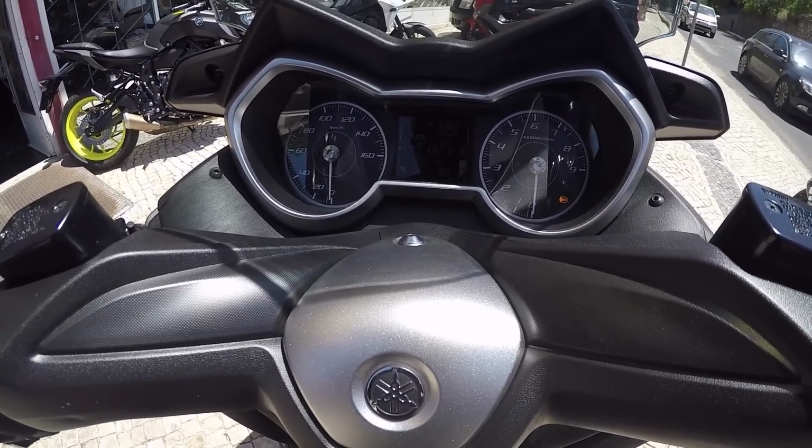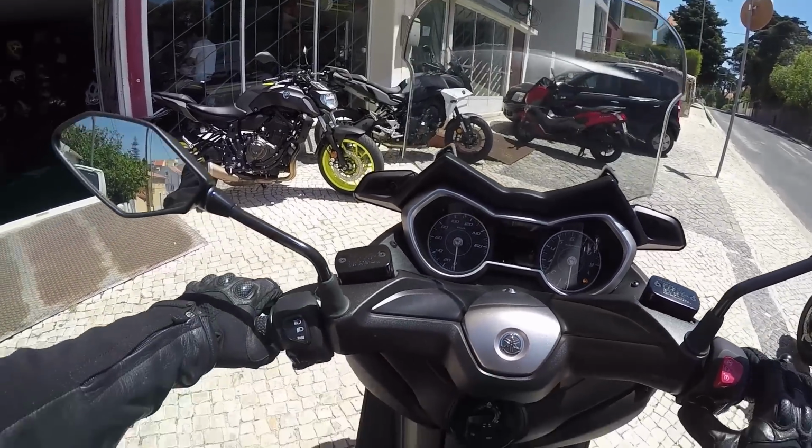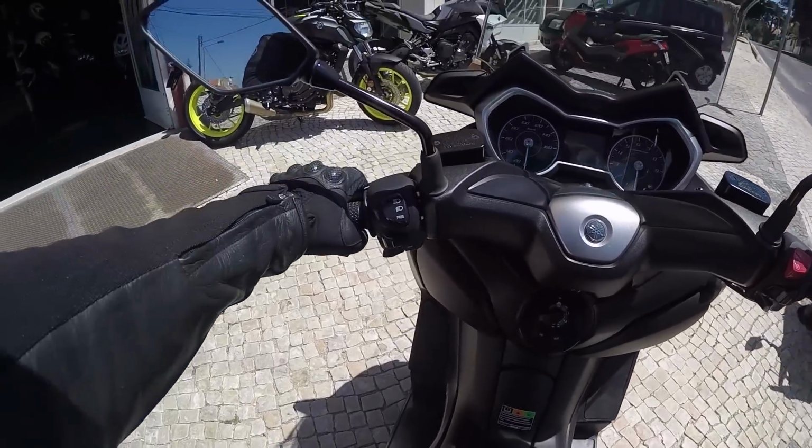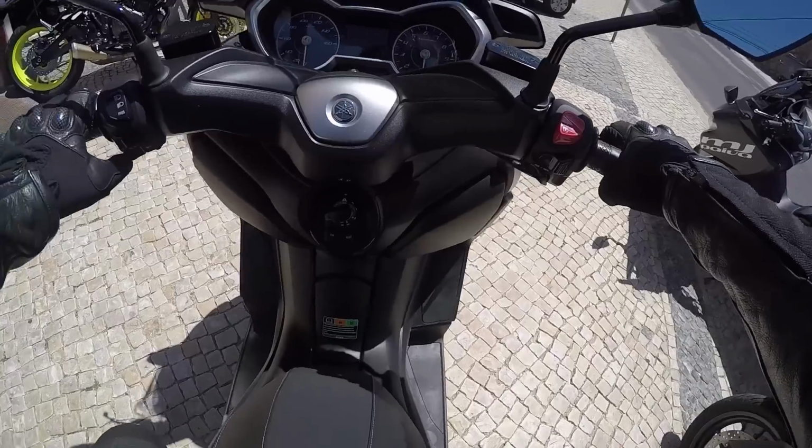Average speed, air temp, battery 12.5 volts, TCS. Oh, it's got traction control, cool. Okay, this is trip info. How do I change this? Where's the button to reset? I should have...